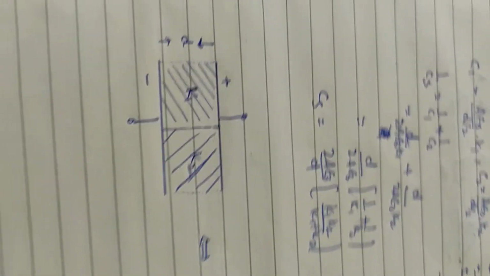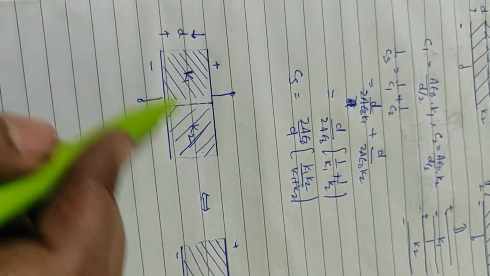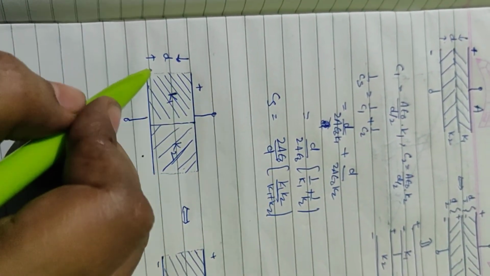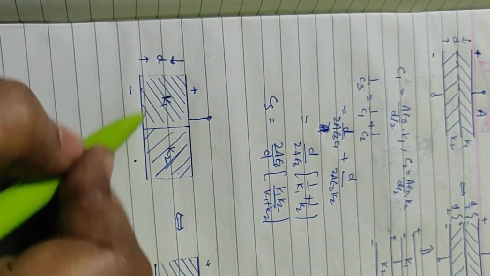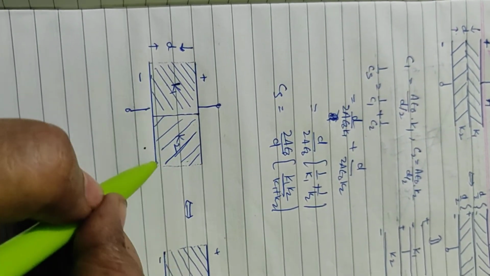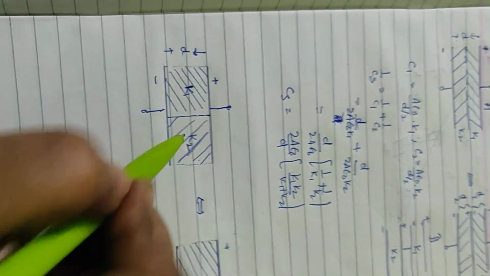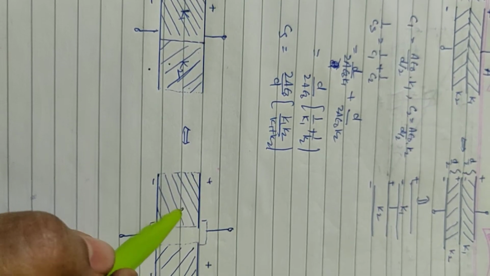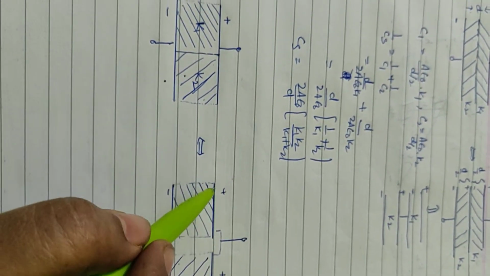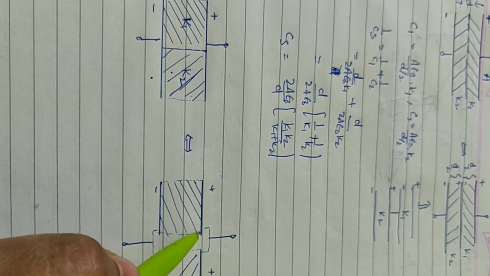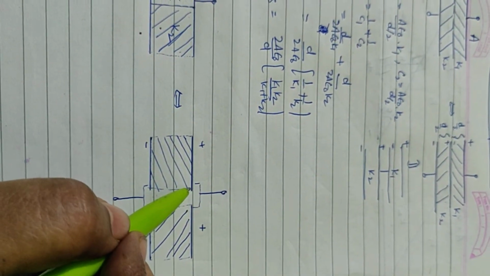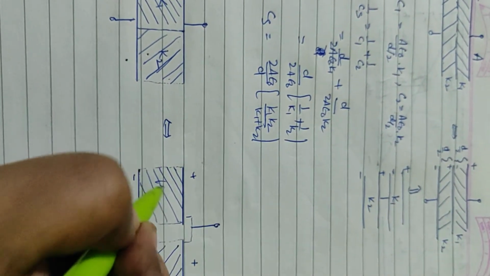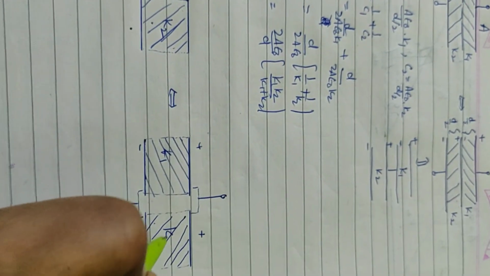Another typical numerical is, again we have a parallel plate capacitor filled with two types of dielectrics, but now the filling is different. You can see half the cross section area is filled with a dielectric of constant K1 and the other half with a constant K2. So now you can imagine this capacitor to be a combination of two capacitors again. Look, I have divided the plates here, half cross section area, half cross section area. I have divided the length, so naturally the cross section area will be halved, and this one is filled with dielectric constant K1 and this one with K2.